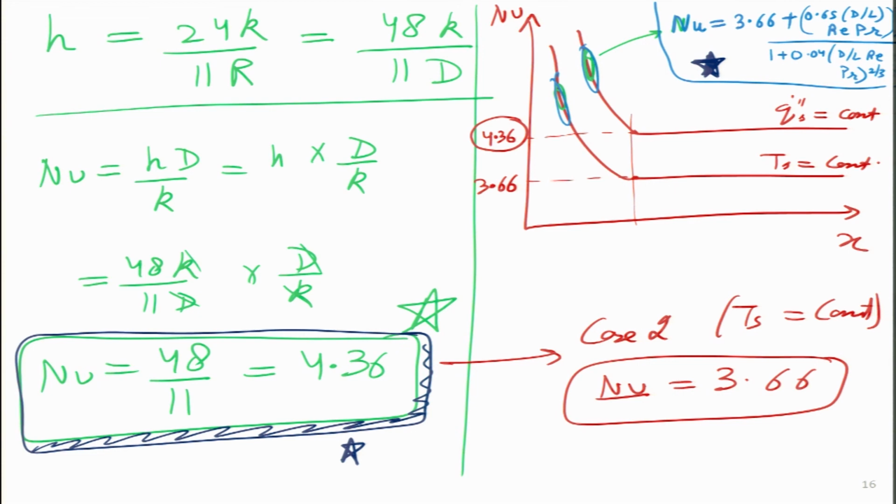So, with that we have come to the end of this particular topic, internal flows with forced convection. We have looked at very interesting cases, two main cases. The first case is where the constant heat flux condition is there, and we are trying to heat the fluid. In the second case we keep the constant temperature condition, and we have defined certain parameters like NTU, which is a very important number. Please remember that special number 5 for NTU, beyond which we generally do not want to go. So, that is something that we have looked at.